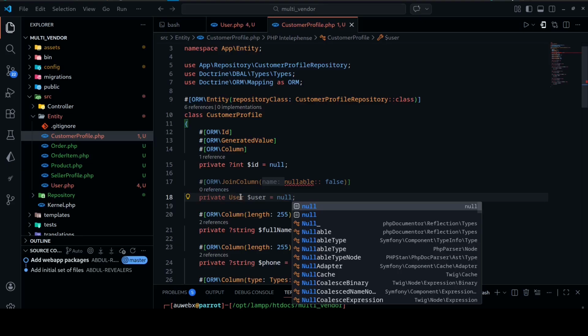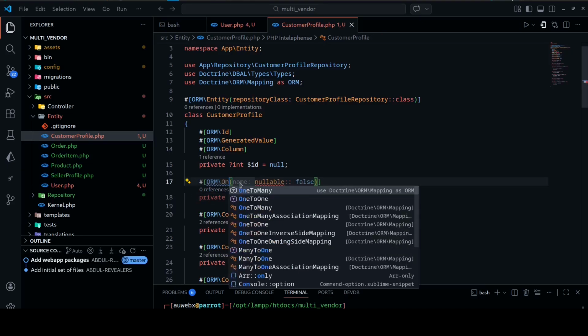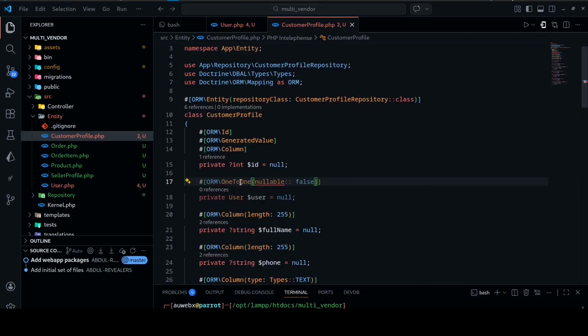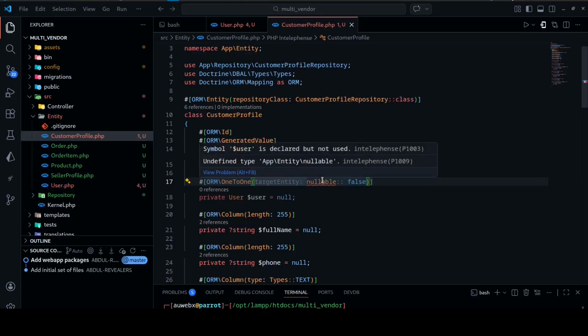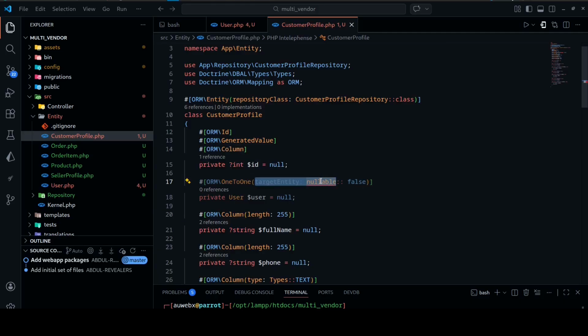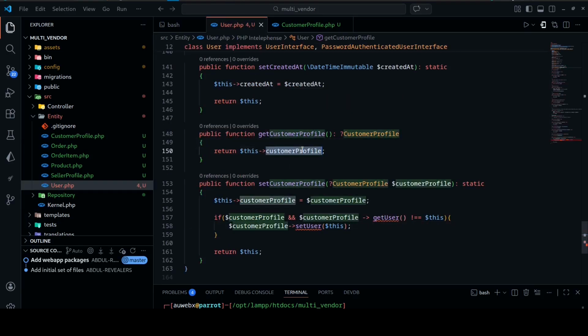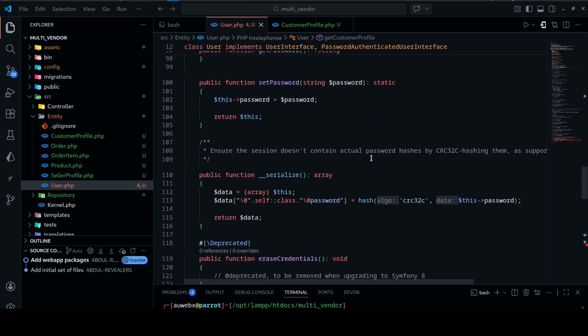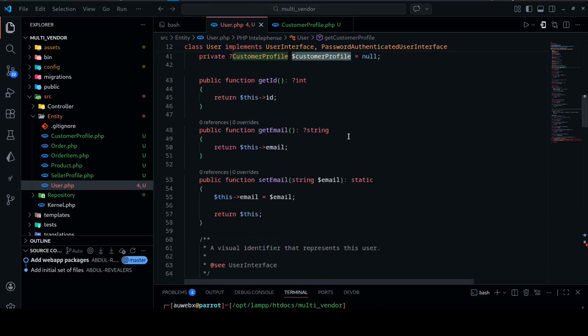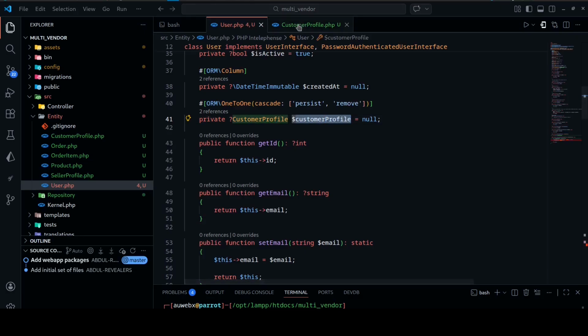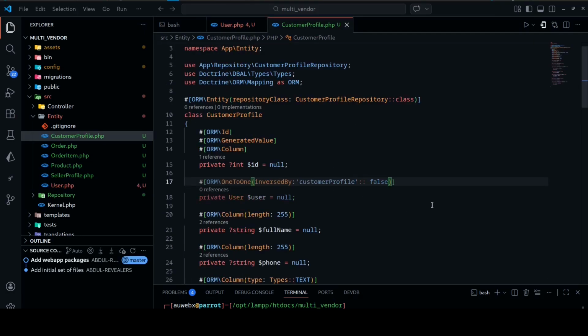So now let's just change this to relationship. So one to one. They're related to, so use inverse. So this is going to be inverse by this customer profile. All right, that's the field we created at the top here, like this. So that's all we need